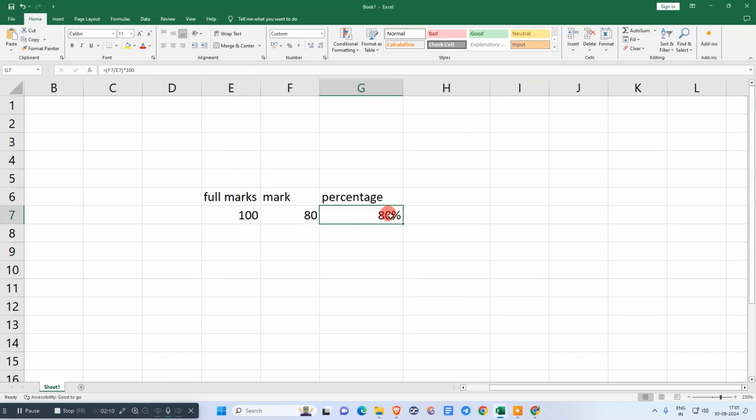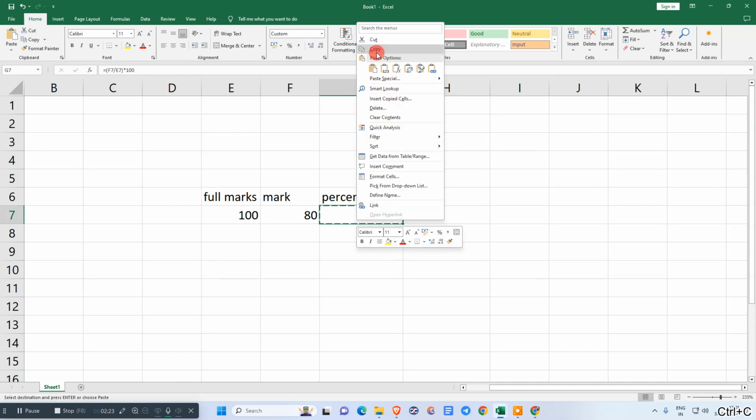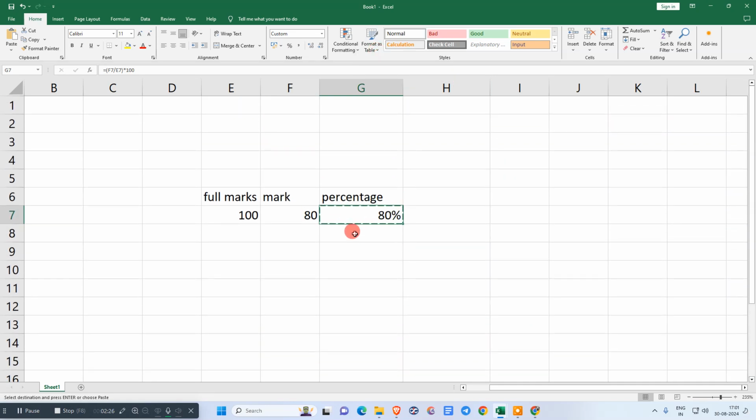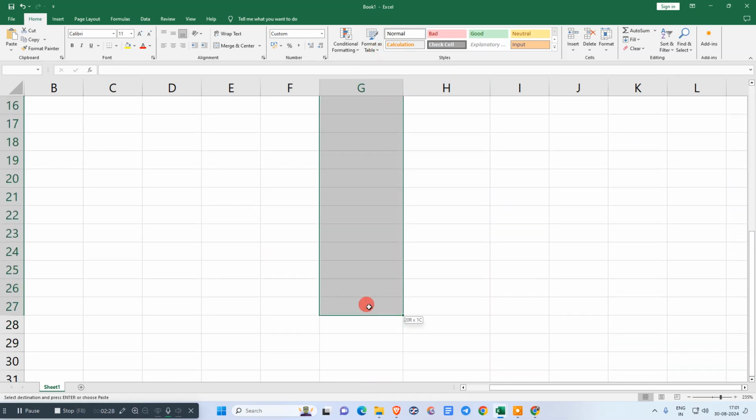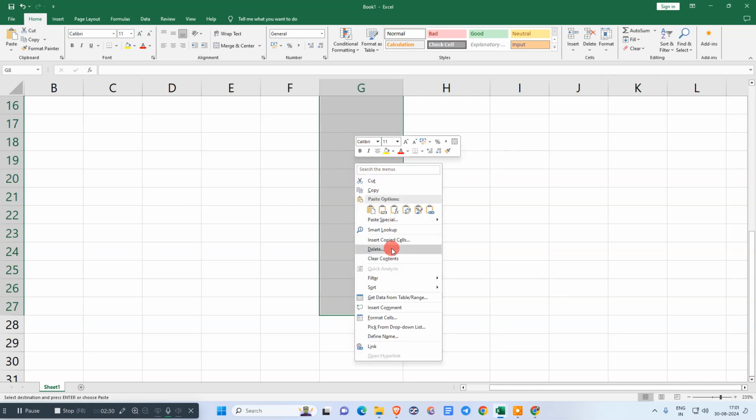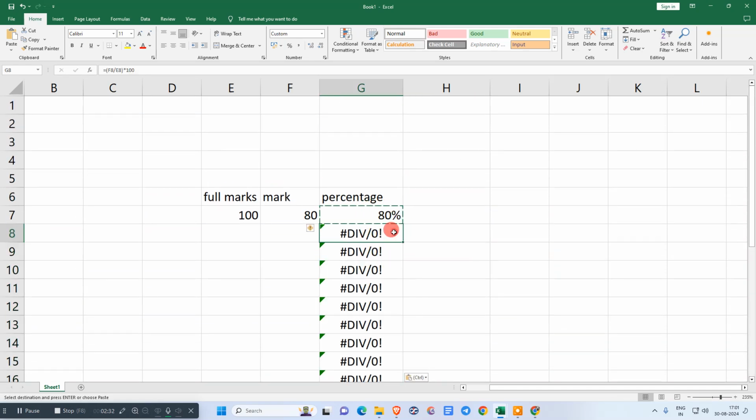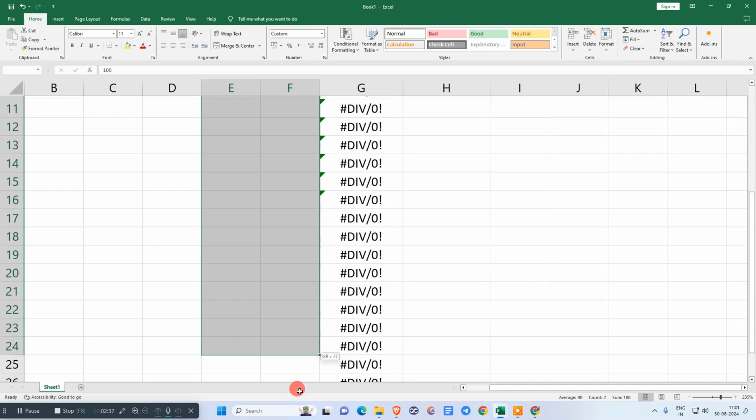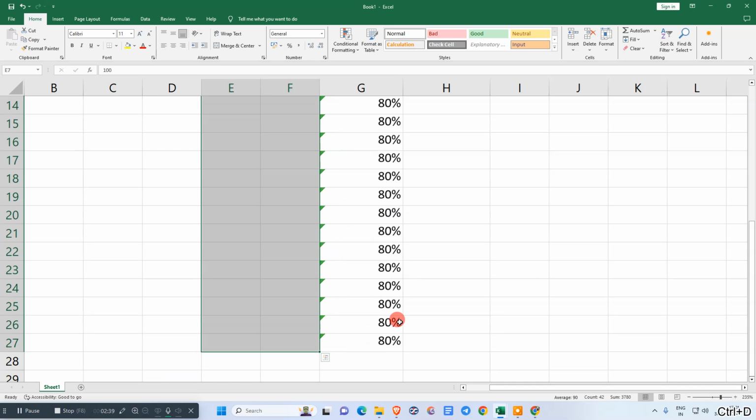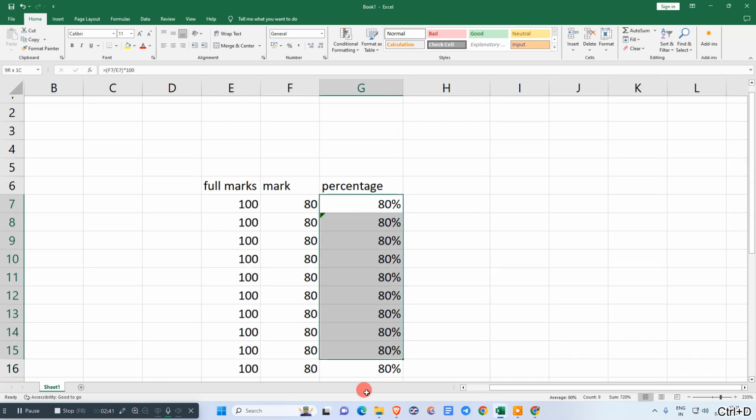So we can see the percentage symbol is now visible. If you want to apply this format to all cells or all data, then you have to select this, copy it, and select the range or paste here. Okay, so this format has been applied, and just let me put the data, so you can see all the percentage